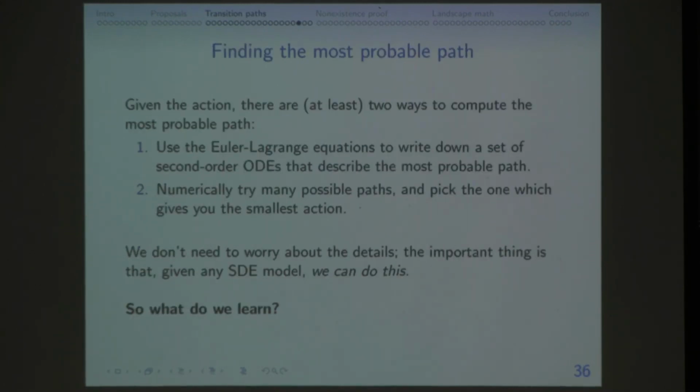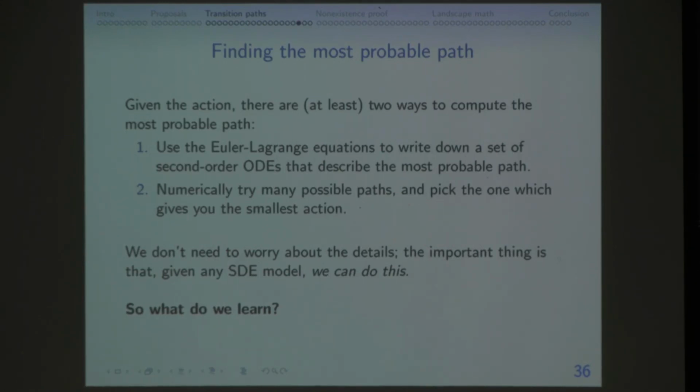Okay, so you have the action, and it looks like whatever it looks like. So what can you do? How do you find the most probable path given the action? Well, one thing you can do, which is probably the state-of-the-art way, is you could guess. You could just try this path and try that path and try a bunch of other paths and you calculate the action each time, and then eventually you find one which has a lower one than the rest of them, and you say that's probably the most likely one or close enough to it. Like I said, state of the art.